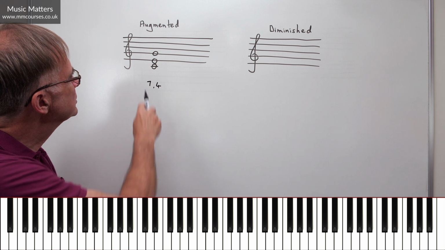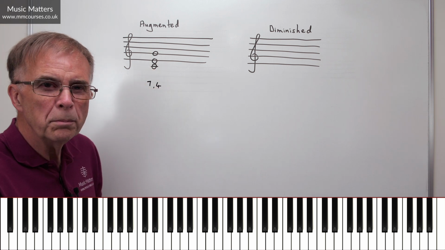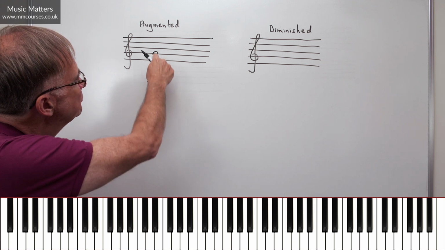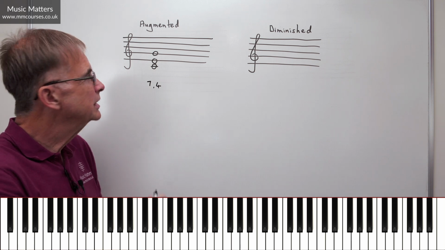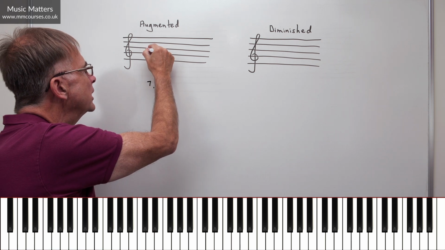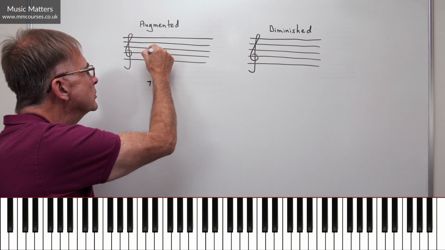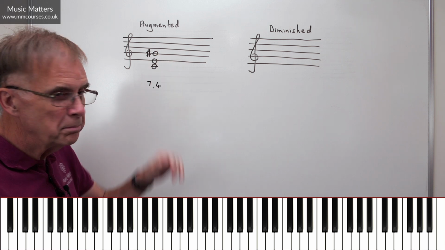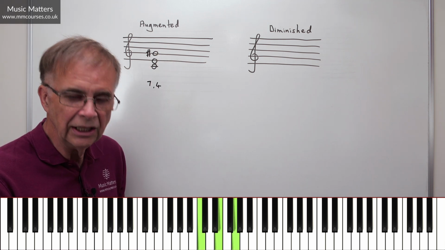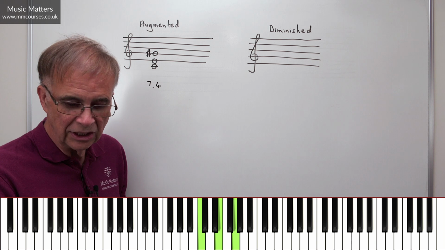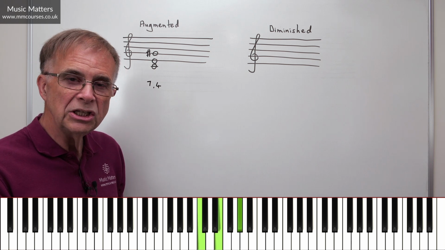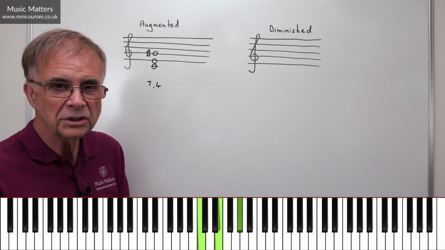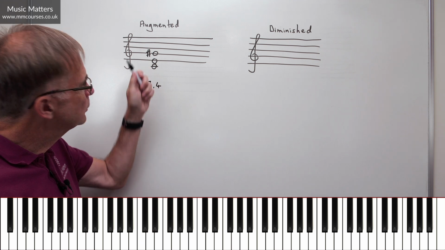Okay, now if I want to turn this into an augmented triad, all I need to do now is to look at the 5th and raise it a semitone. So that G at the top is going to become a G sharp. Okay, so if I can find the major triad, C, E, G, all I've got to do is raise the G, the 5th: C, E, G sharp. Don't call it A flat because then it becomes a different chord. It's got different notes in it, but call it G sharp.